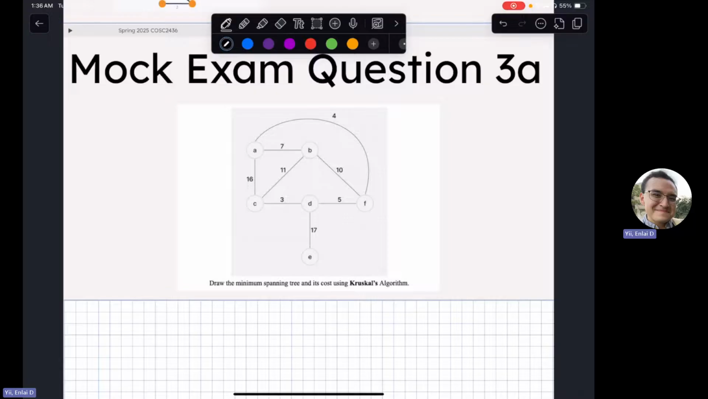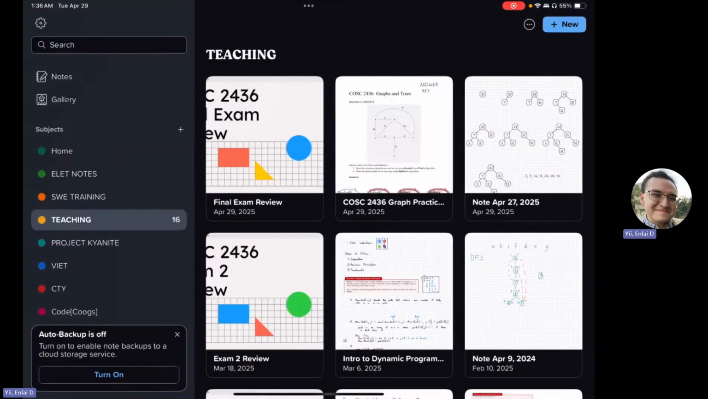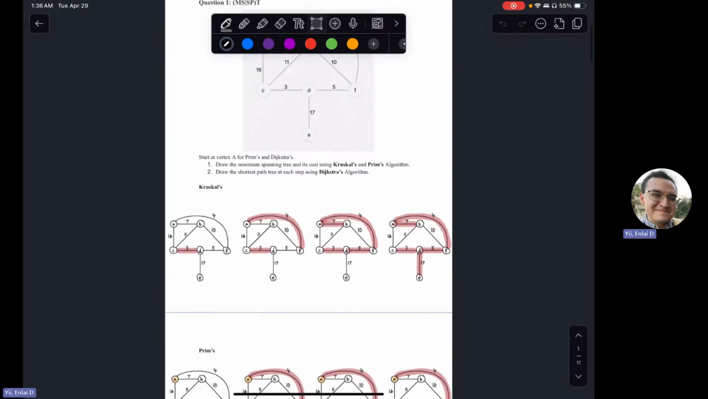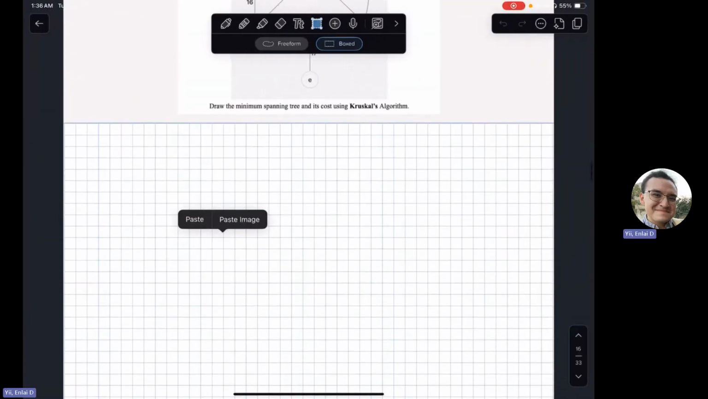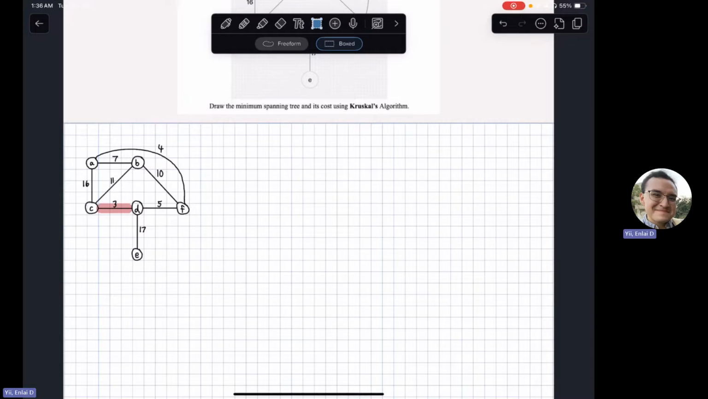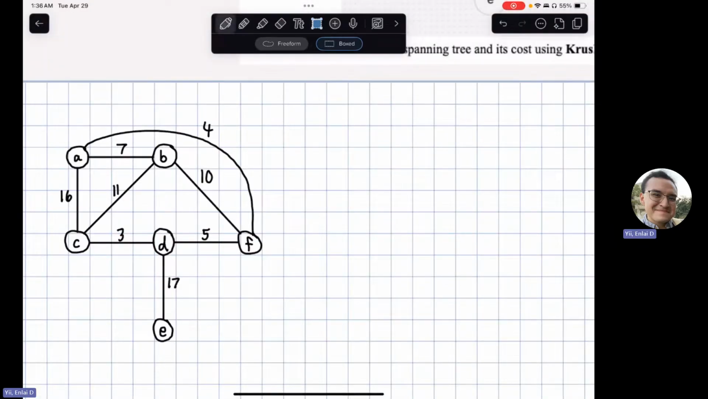So given this whole entire graph, let's draw the minimum spanning tree with the cost using Kruskal's algorithm. So let me just grab the solution I grabbed real quick, just like this graph right here. Copy this real quick since I don't want to redraw this every single time. So the rule of Kruskal's is always choosing the smallest. Let me write this down again. So with Kruskal's, you always want to choose the smallest edge possible